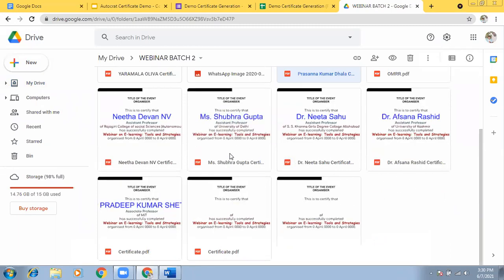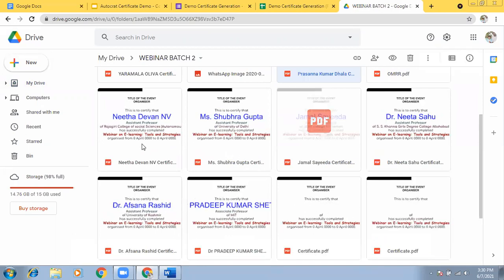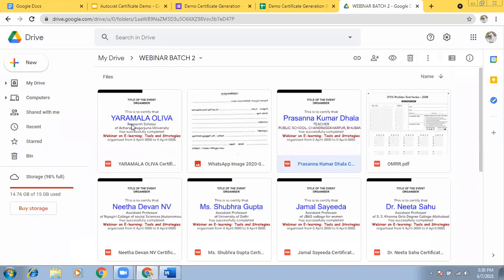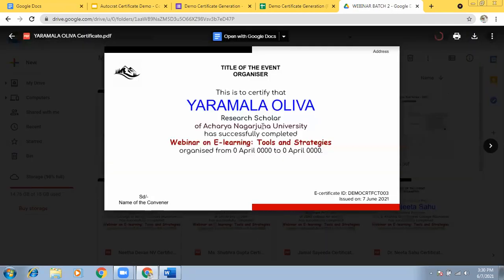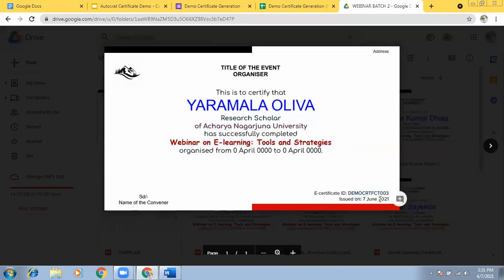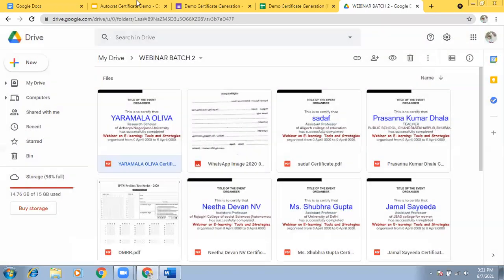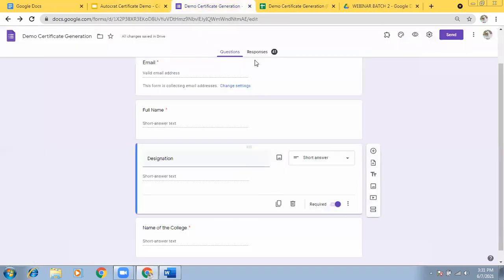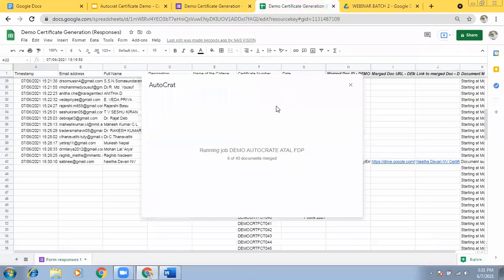I hope they will be getting in their email ID also a copy of this certificate. You can see the certificate, their name is there, college name is there, everything is there. Then number is there, date is there, everything is added. Okay. So if you want to close this,